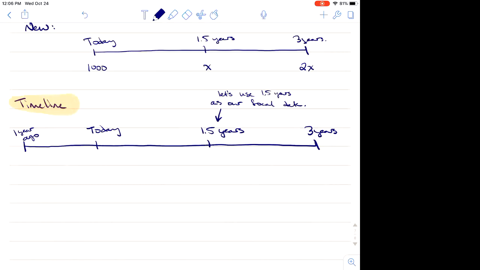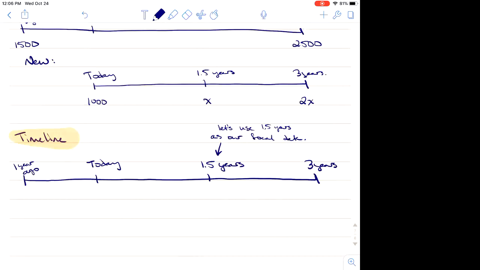So you can use whatever you want, but you have to tell me which one you're going to use as the focal date. So if we're using 1.5 years as our focal date, all our payments have to be drawn to 1.5 years. So in our original payment plan, we were supposed to pay